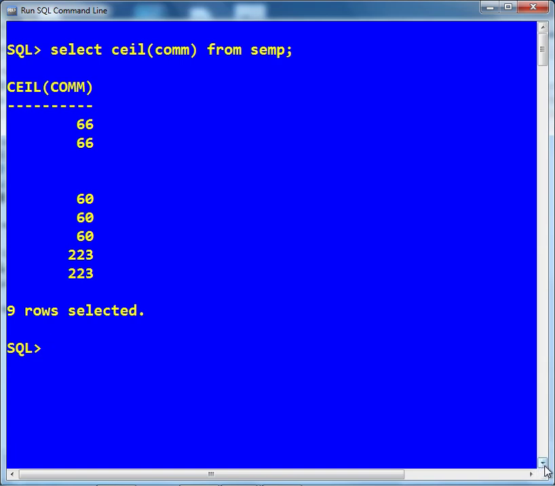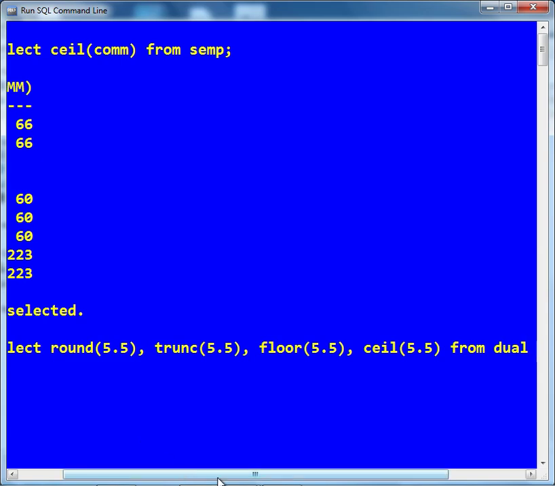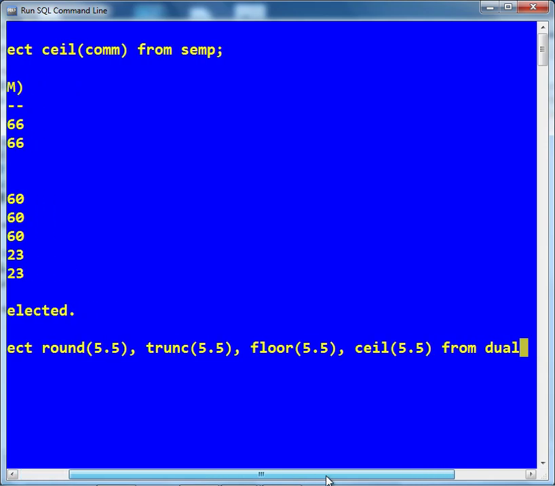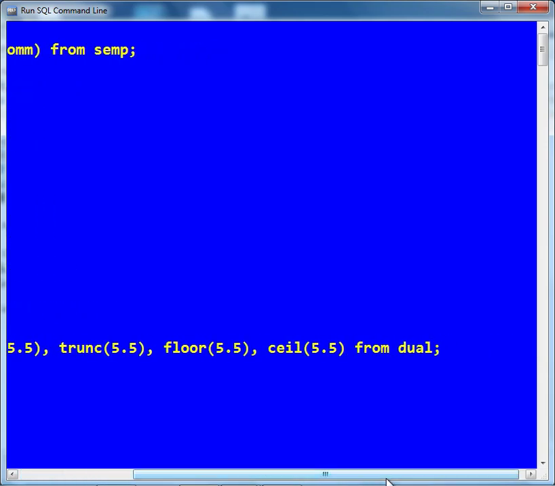Now see the difference. Try to think about what the output will be if I use these functions in the following manner. Select round of 5.5, truncate of 5.5, floor of 5.5 and ceil of 5.5 from dual.